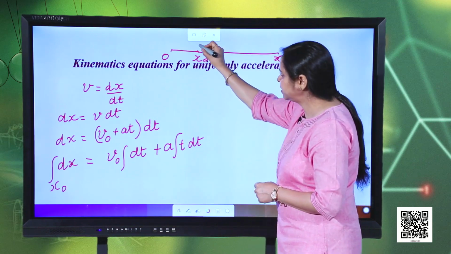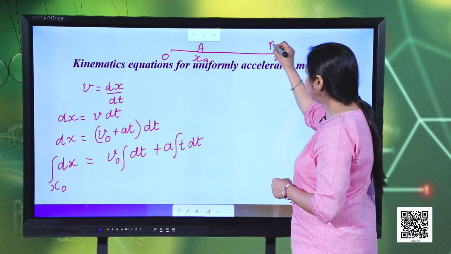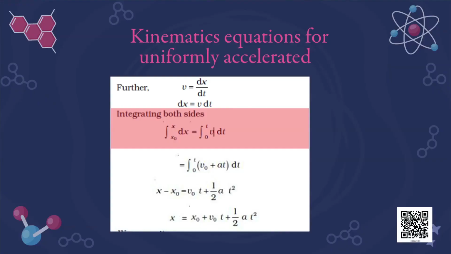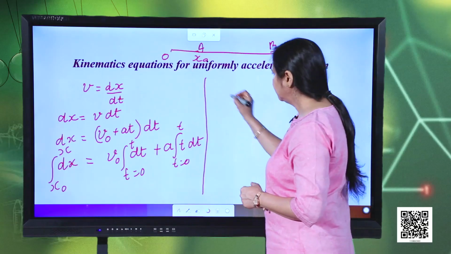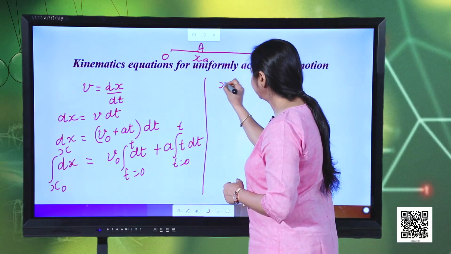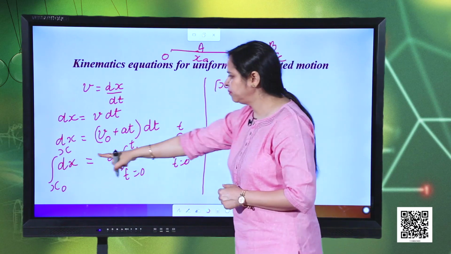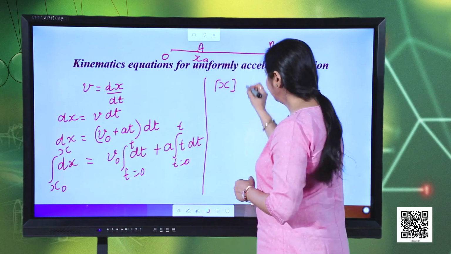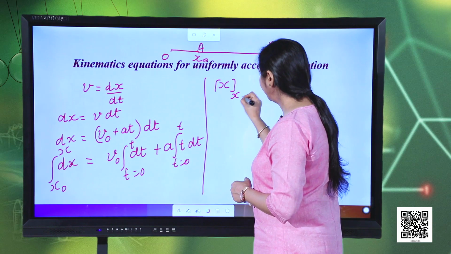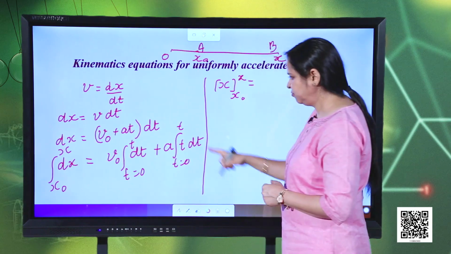So, the initial position is x naught at point A and the final position is x. So, the limits will be x naught to x. Here the limit we have to take for time, which is again time 0 to t. Now, when we integrate this equation, what do we get? Yes, on the left hand side we get x, integrating x to the power 0 with respect to x, and the limits will be x naught to x equals to again